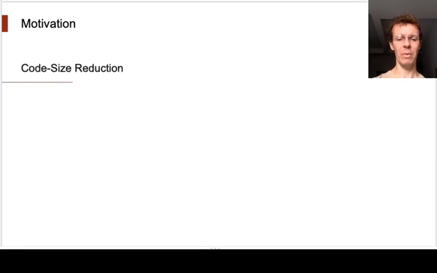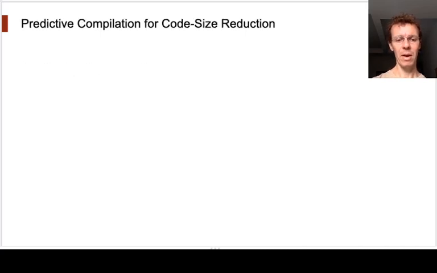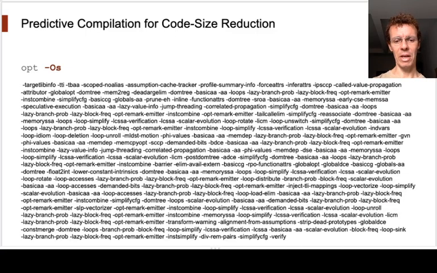But in this paper, we show how to use AnghaBench to train a predictive compiler that's good for compressing programs. Predictive compilation has become fashionable in recent years, and that's the custom treatment of programs. Usually, a compiler applies the same sequence of optimizations on any program. For instance, if we consider -Os in Clang, then we get these optimizations. That's a lot of optimizations, and yet they might not be good for every program.